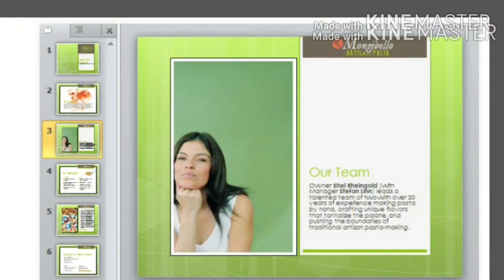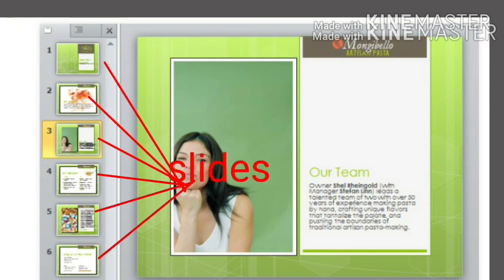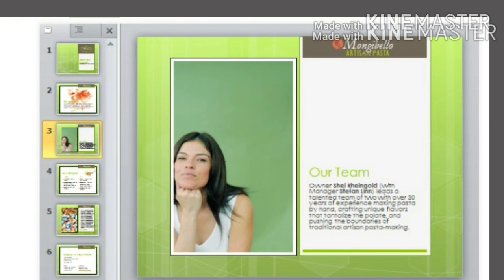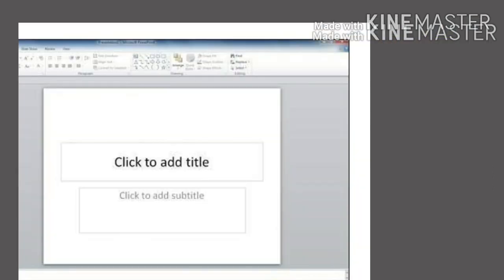Children, when you select these inbuilt templates, they consist of different slides with different designs. Slides means the digital page of a presentation. And you can insert contents like text, graphics, images, audio or video to the slides. And here you can see the boxes with dotted lines inside the slides, that are called placeholders, where we can put all the contents.